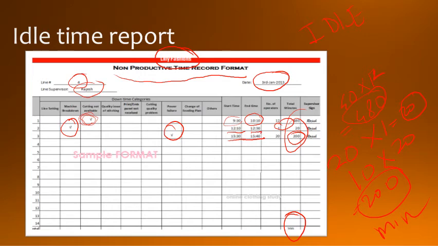So in this way, all this idle time is supervised by whom? Rajesh. Rajesh has signed here, right? So in this way, idle time. Here you can see some other problems also. Quality issue of stitching. If that machine operator, the stitching person, the tailor, has some issue with his quality, then his work will be stopped.